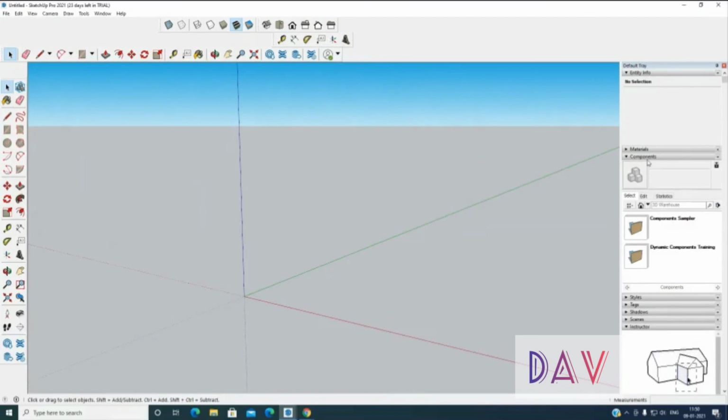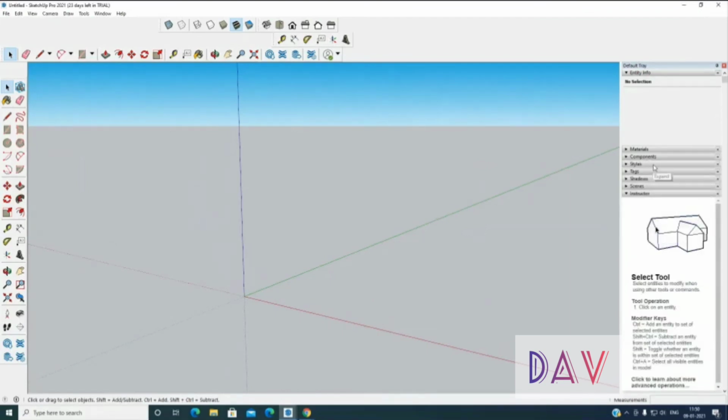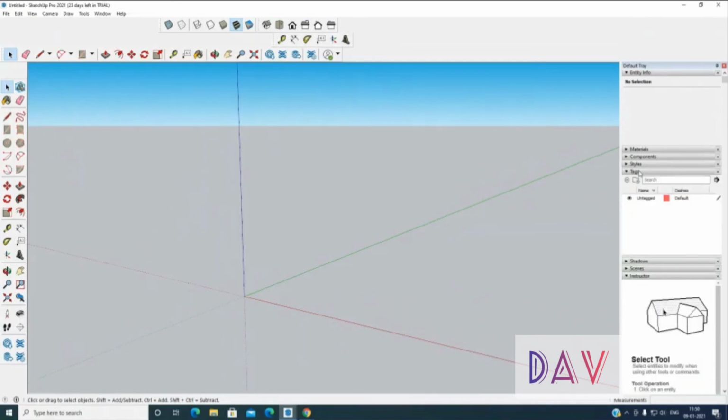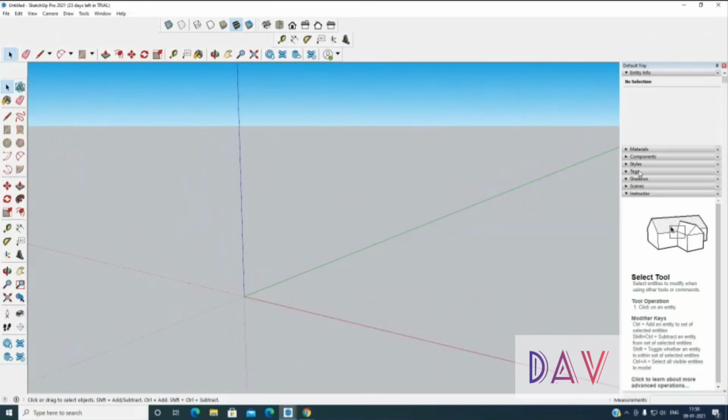I will request you to please download 2021 because they have a number of options in that, along with the style toolbar. So if you have created a component and saved it as a component, and you want to change a style and create your own style, you can use this toolbar. Tags, obviously, when we are going to create a component, we have to tag or untag that particular component, and we are going to use the tags option over here.